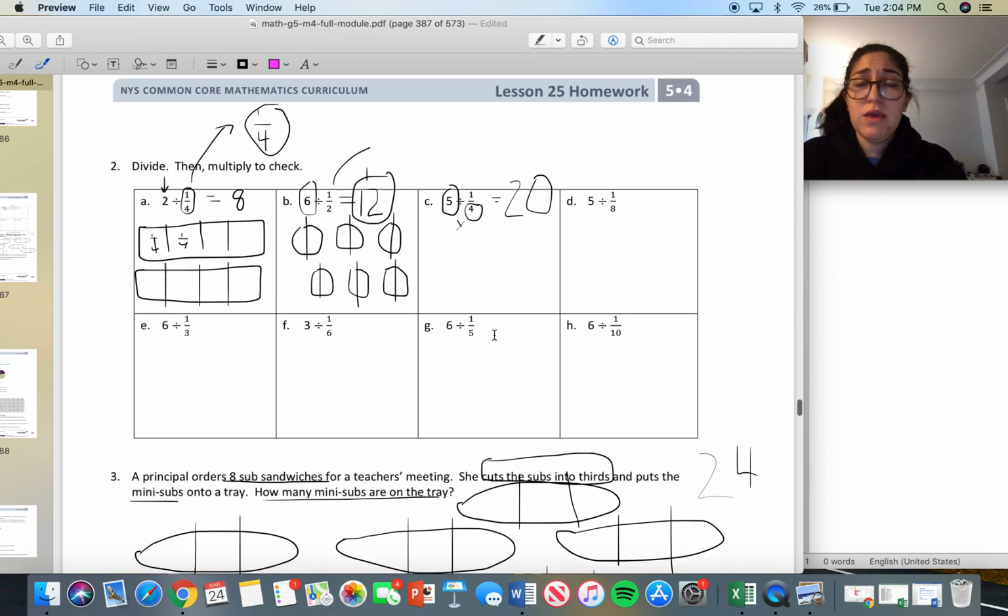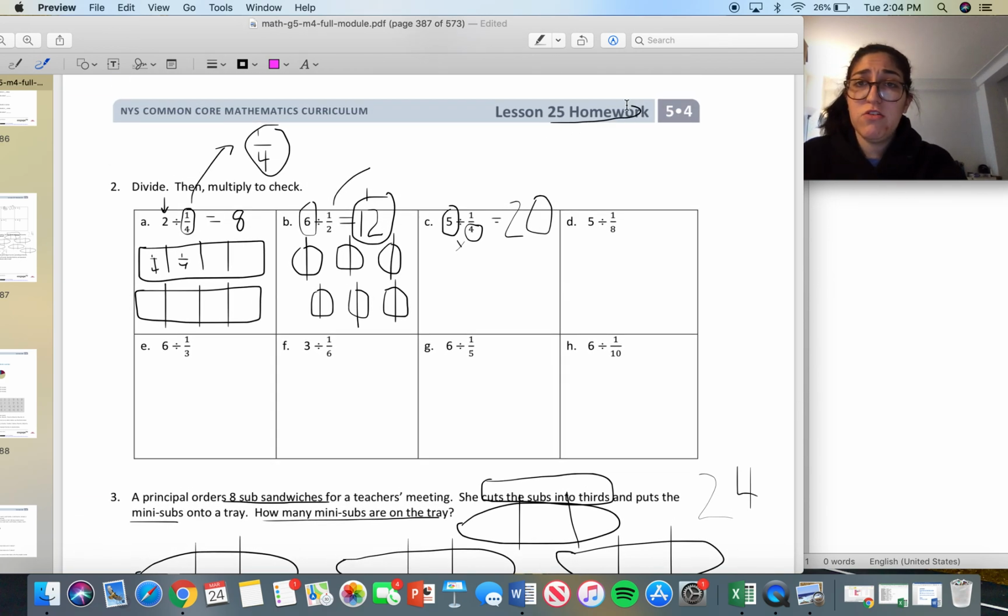All right, so I hope that was really helpful for you all. This would be in your Zern. This is Zern lesson 25. So please, please, please make sure that you are keeping up with your Zern. You are doing Zern every day. Shout out to those of you that are working on it. I appreciate it. It's important, and it's going to be how we continue to learn when we are not together physically, but we are still together as a community of learners.